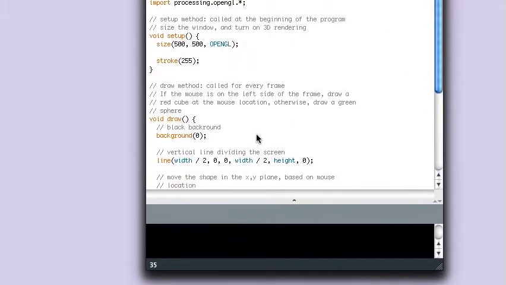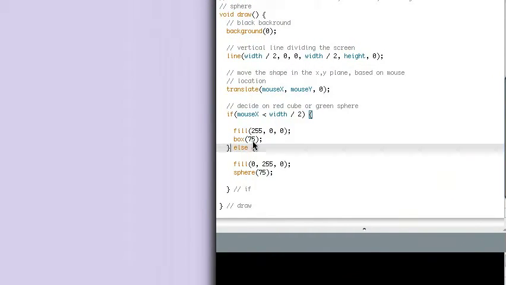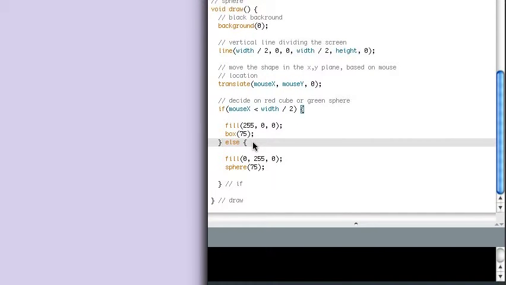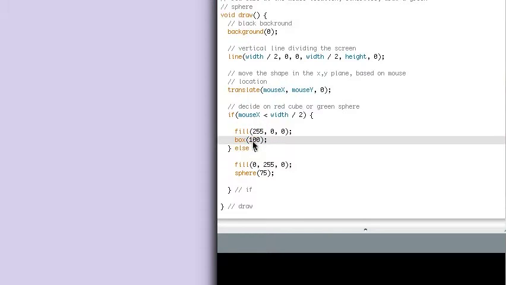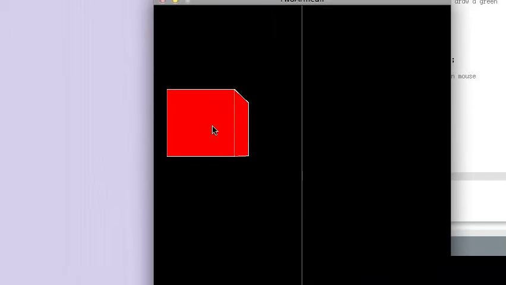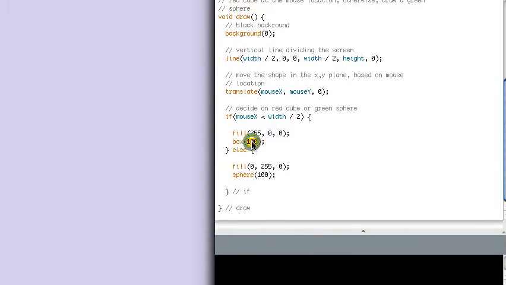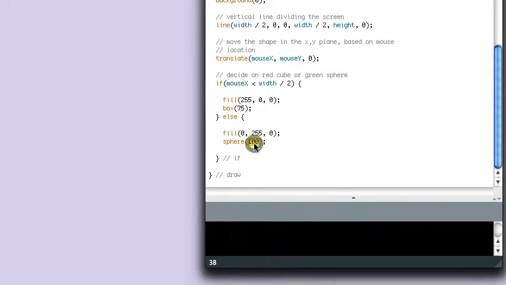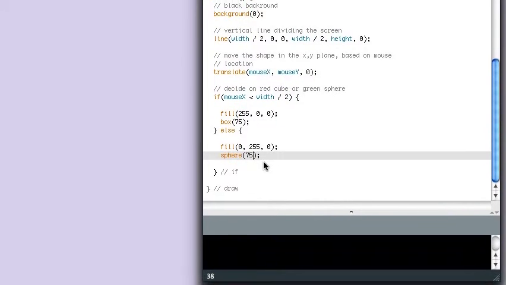Now there's one more thing we should take care of, and that is the idea of magic numbers. So right now, if I wanted to change the size of the box and the sphere, I'd have to go ahead and I'd have to change this number. So let's say I wanted to make it bigger, and this number, and then recompile my program. Now I've got bigger solids than I did before. Okay? If I wanted to change them back, I have to change it in 2 places. Now that's not so bad, but if you imagine that maybe I've got hundreds or thousands of different shape calls in my program, so it's a really big program, going through and changing every one of those would be very